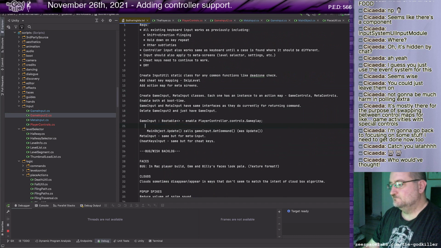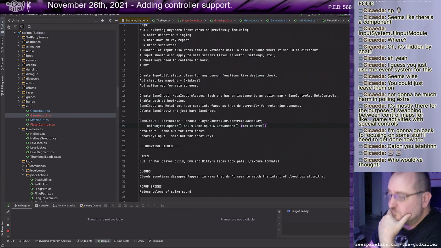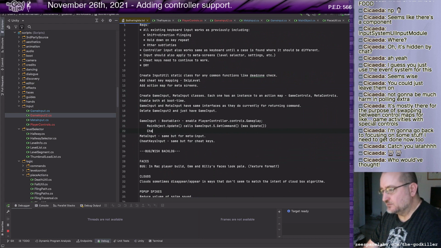Nope. Okay. Just have cheat keys go through. The key is in command, returned in command object.